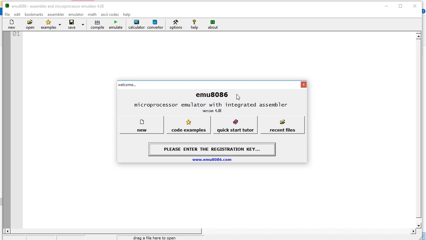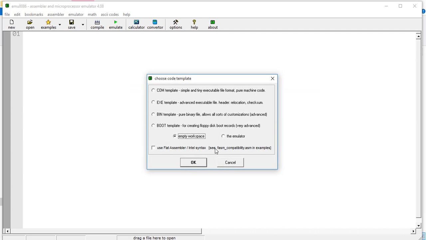So first of all, after opening this emulator application, I'll select a new program to